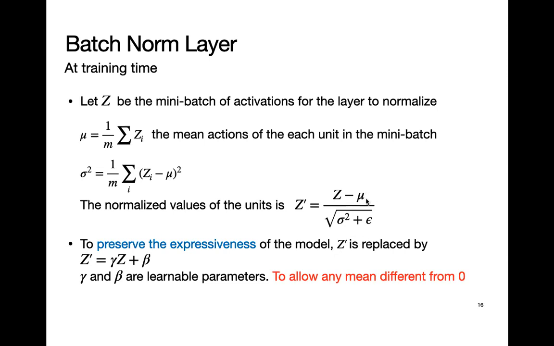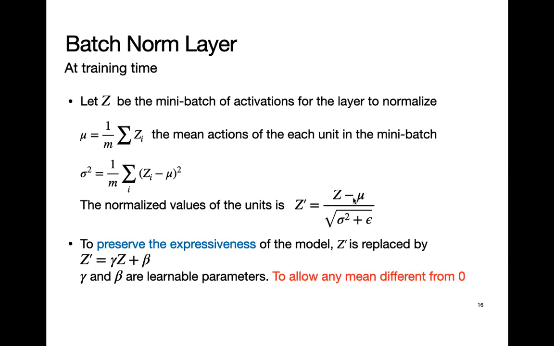So what does it mean? This means that before feeding to the next layer, we're going to use this normalized Z. This enforces our layers to have the same mean and the same standard deviation, but here we enforce the mean to be 0. So basically, we are enforcing our hidden units to have a mean centered around 0. But the problem is that we are restricting the space that our network can learn with. We are enforcing our network to always have mean 0, standard deviation 1, for example. But this reduces the